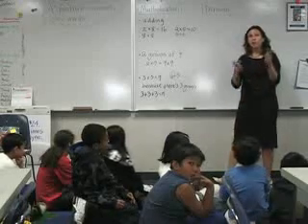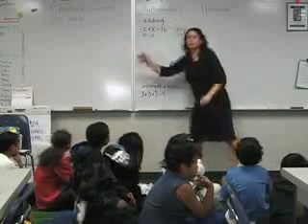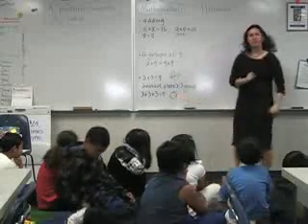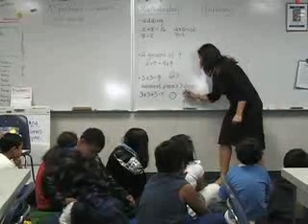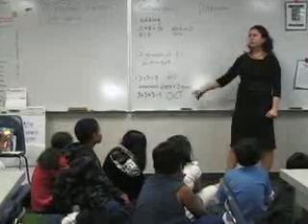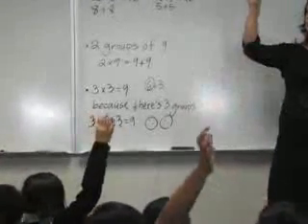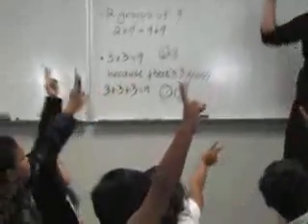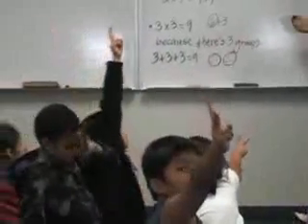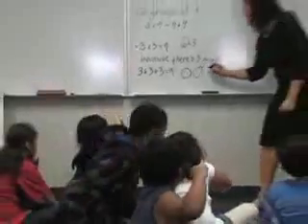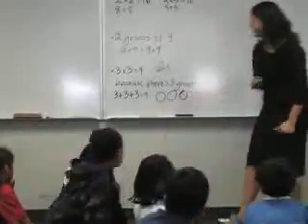Okay, so I'm going to draw a picture because we're going to be thinking about pictures for 3 groups of 3. So I might say here's 3, here's a group. Here's 3, here's a group. How many groups of 3 do I have? 6. How many groups of 3 do I have? Show me on your fingers. Some people are showing me, and I just showed you. 2 groups of 3. So how many groups of 3 do we want? 3. 3 groups of 3 for this one. So here's 3 groups of 3.